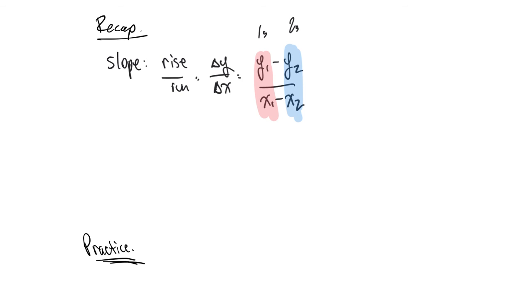The real idea behind this section is to solidify the idea of slope and how it's related to the 2 points, right, between these 2 points. If I know my slope and I know some of the information about the points, I can find out the other information, okay? So your practice is going to be the lesson